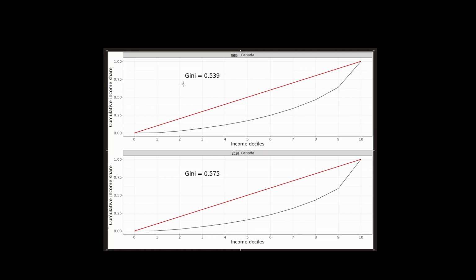Well, very similar to what we had just done. We can take a look at this and say, okay, for some income decile, what do we mean by income decile? So one would be 10% of the population. So the bottom 10% of the population earns just over 0% of the income. Move forward to 2020 and the bottom 10% still only earns just over 0%. Not great. Where do we start to pick up? Well, if we jump up and take a look here,